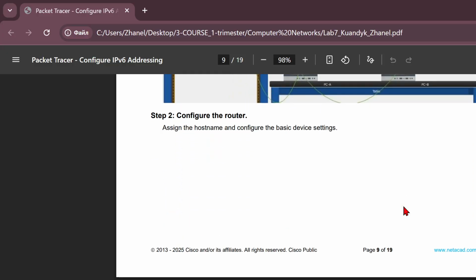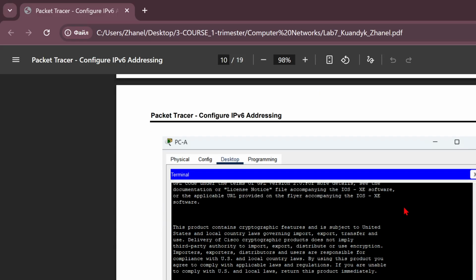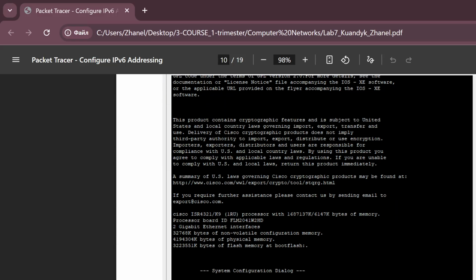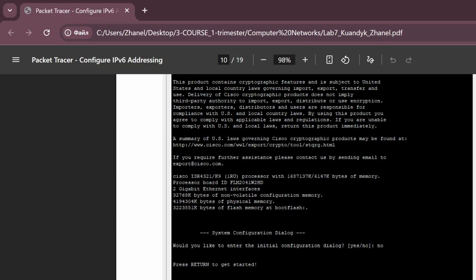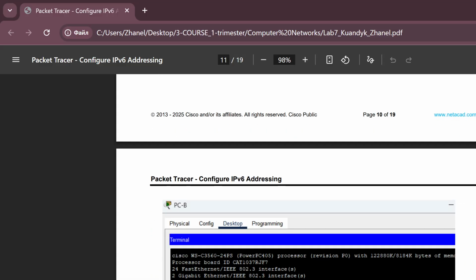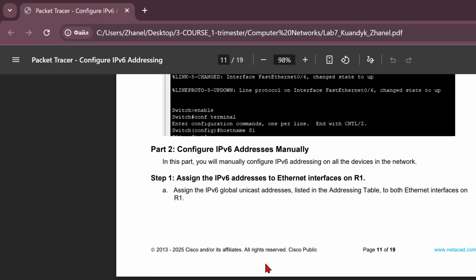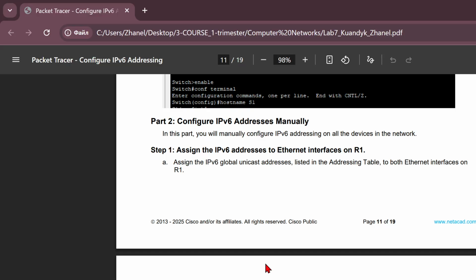So, configure the router. We add router hostname R1, and for the switch also hostname S1. So next